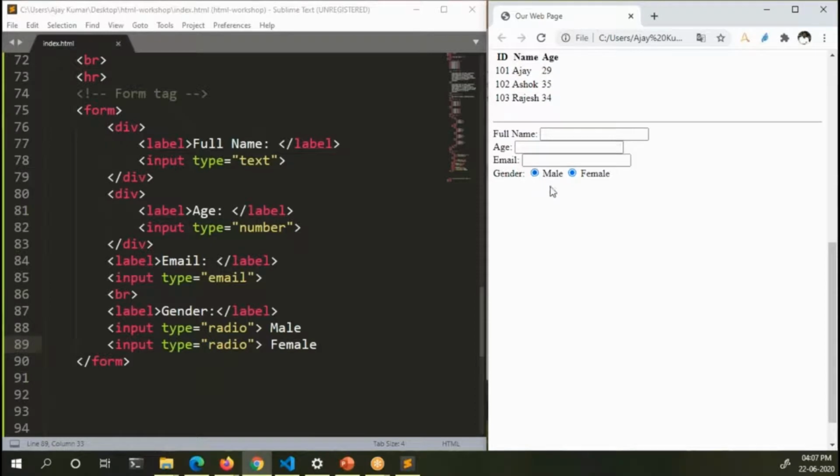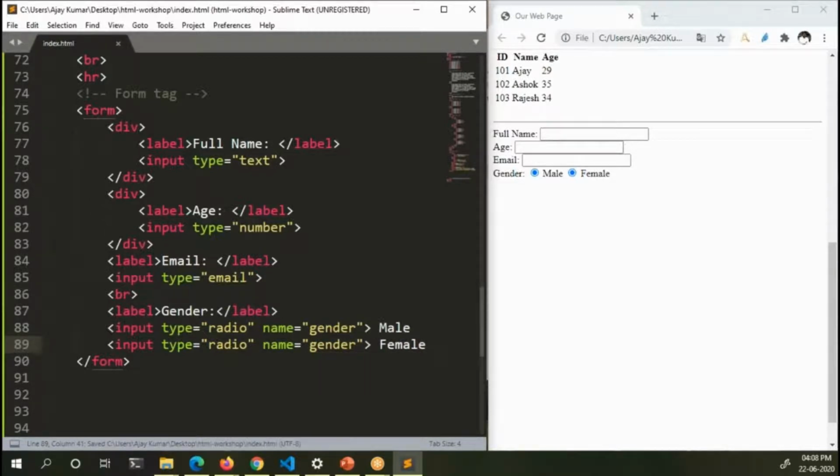But the interesting thing is that you are able to select both of them, which should not be possible. So you need to specify that these two radio boxes belong to the same input value. For that, we are going to use another attribute called name. We can use the name attribute for other types also, like email, number and text, but here you'll see the actual advantage of having the name attribute.